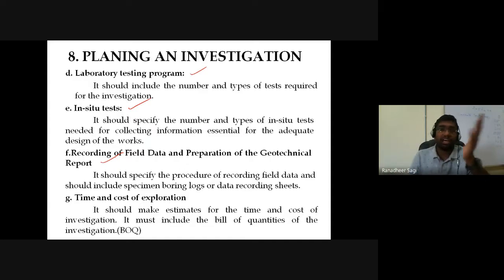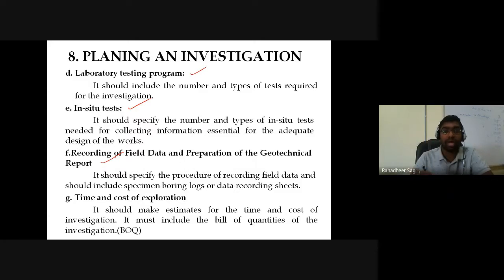Because at the end of any geotechnical investigation, we are required to prepare a proper report. What information should that report contain? It should start with the initial fundamentals of how you started your investigation, how the investigation progressed, like reconnaissance survey, preliminary investigation, detailed investigation. In that detailed investigation, how the boreholes are carried out, what is the mechanism by which your boreholes are made,